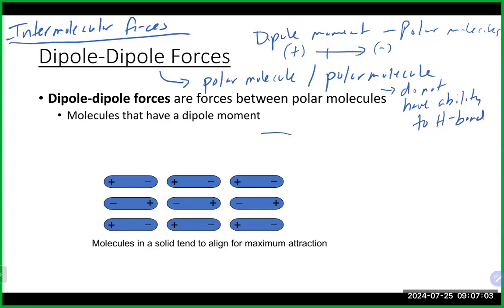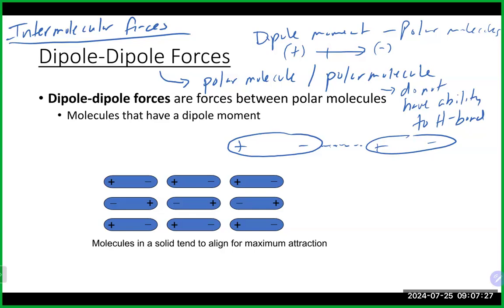So basically, you will have one polar molecule that has a positive and negative side, and you'll have another polar molecule that has a positive and negative side, and those opposite sides are where that attraction is going to happen. That is how they hold each other together, through that opposite attraction. Because they are polar molecules,